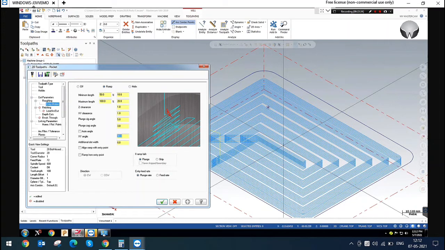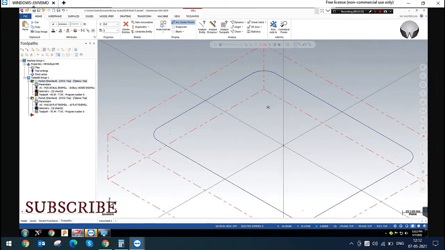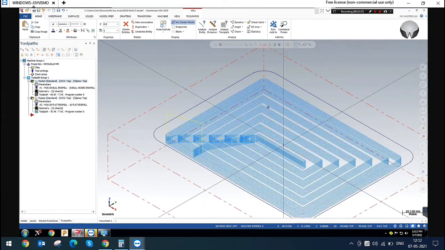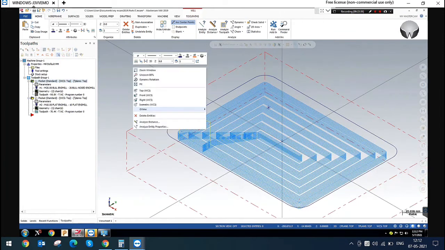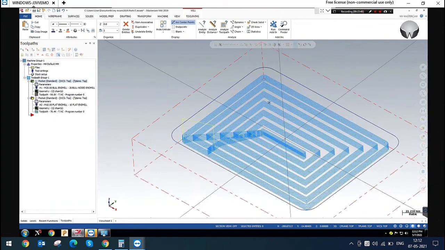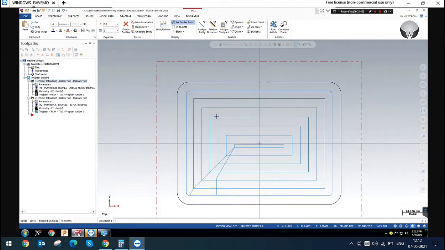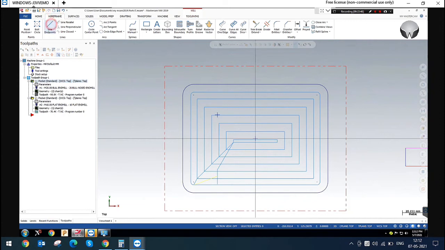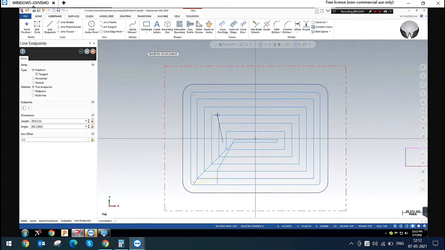So next we are going to see aligning the ramp with the entry point. Now I am aligning the ramp with the entry point. Already I have given the entry point, right? This is my entry point. Please see what will happen. You can see the ramp has been aligned with the entry point.